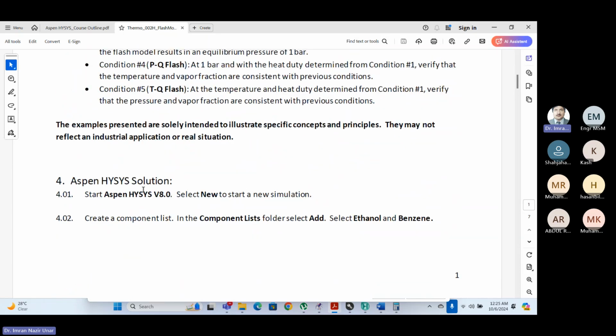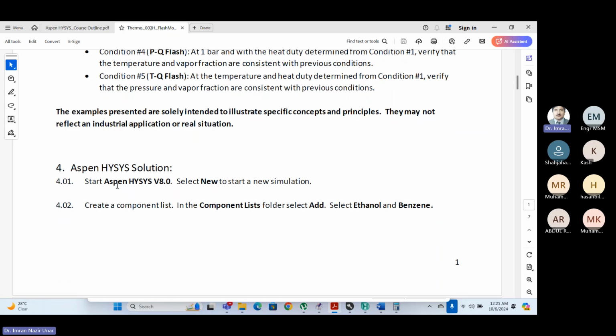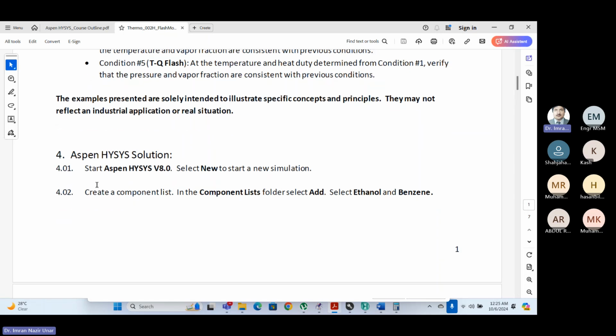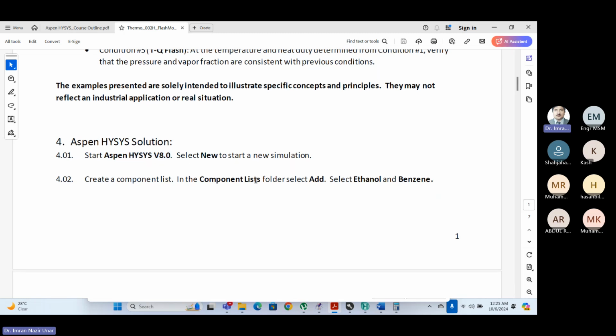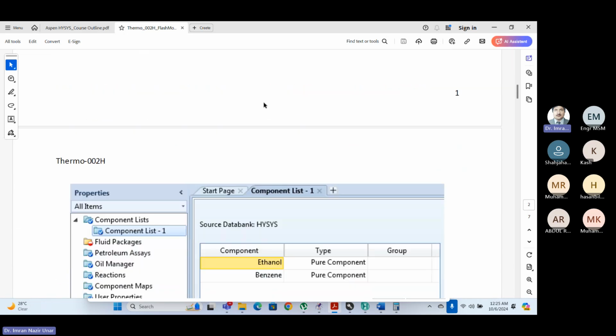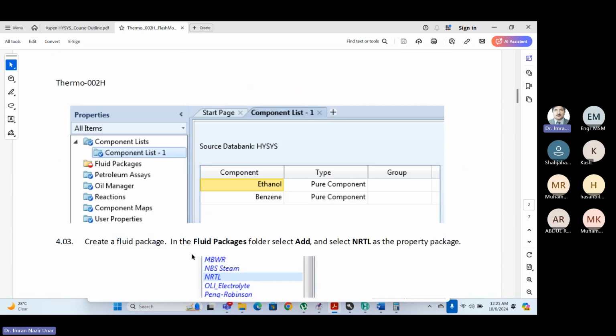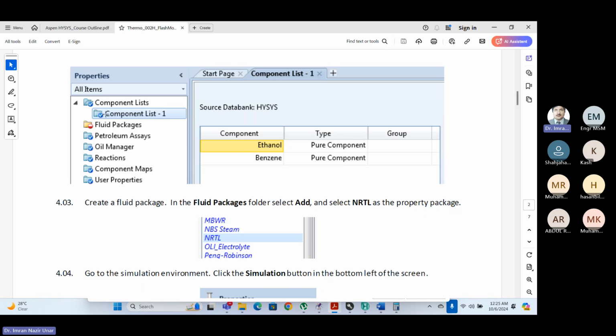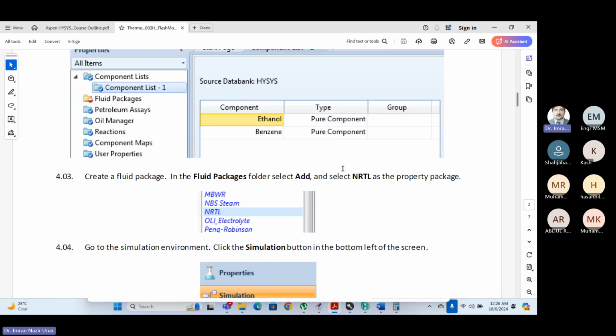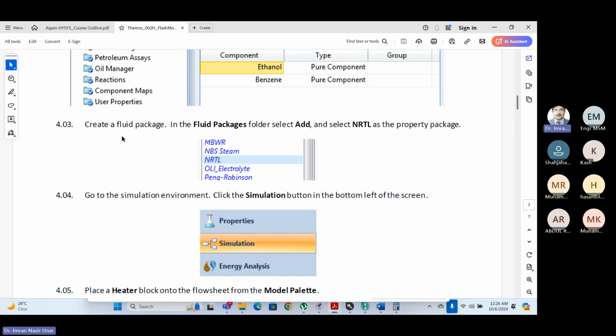अब इसमें हमने ये सारा ट्यूटोरियल टाइप बना हुआ है। मैं आपको क्विक इसके ग्लांस देके फिर आपको मौका दूंगा कि आप मेरे साथ करें अपने अपने लैपटॉप पर जिनके पास हाइसिस है, और फिर हम जवाब को कंपेयर करेंगे। हमारे पास हाइसिस वर्जन 11 है, ये वर्जन 8 के हैं। बहरहाल ऑलमोस्ट सिमिलर ग्राफिक यूजर इंटरफेस आपको नजर आएगा। हम क्या करेंगे कि कंपोनेंट लिस्ट में से इथेनॉल और बेंजीन ये 2 लेंगे। जैसे इसने दिखाया कि कंपोनेंट लिस्ट में आपने इथेनॉल और बेंजीन लिया, और फ्लूइड पैकेज में ये स्पेसिफिकली एनआरटीएल को पिक करवाने के लिए कह रहा है। ठीक है, क्योंकि हमने इस मॉड्यूल को ही एज इट इज करना है, तो आप उसी फ्लूइड पैकेज को पिक करें जो वो कह रहा है।